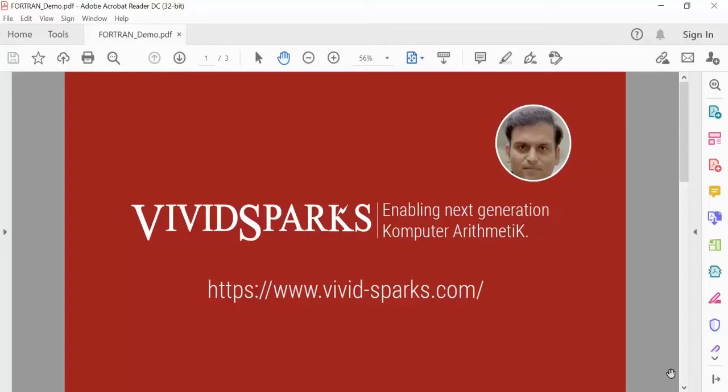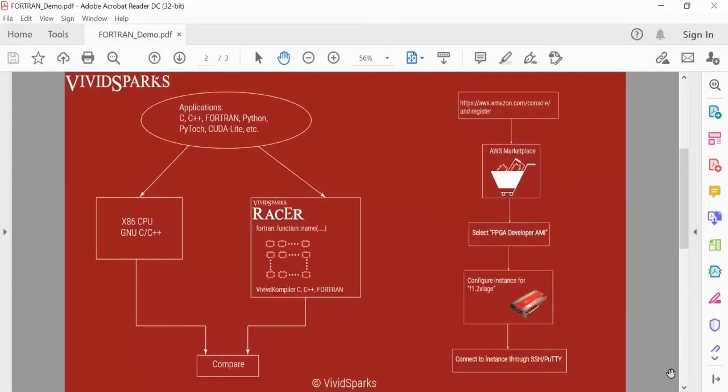Hi, today I'm going to demo Fortran programming on our RacEr GPU. In this, I'm going to show you how to call a Fortran program or Fortran function in our GPU kernel. Before I proceed to the demo, I'd like to give